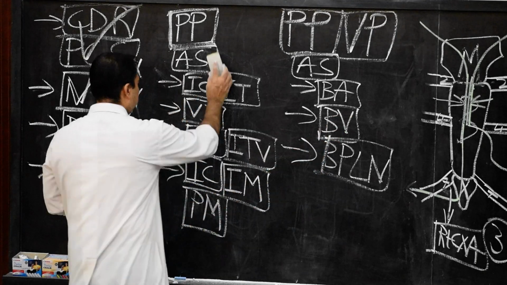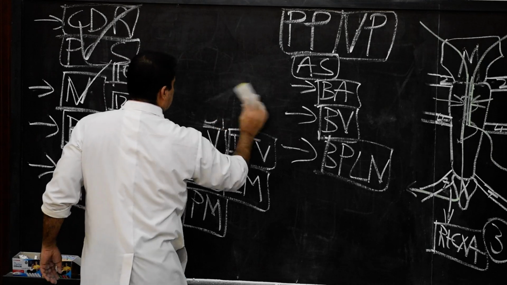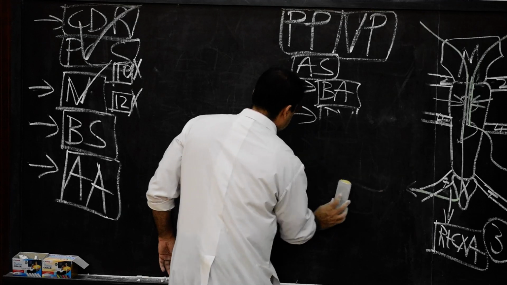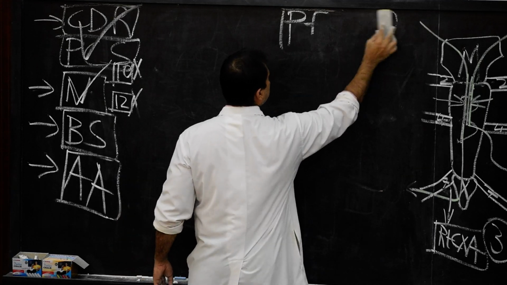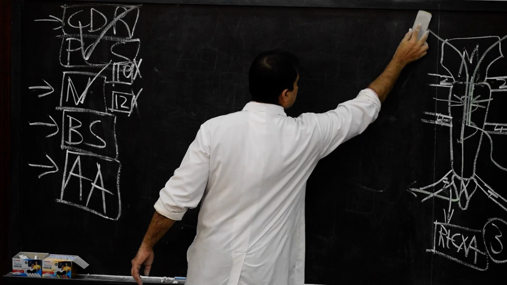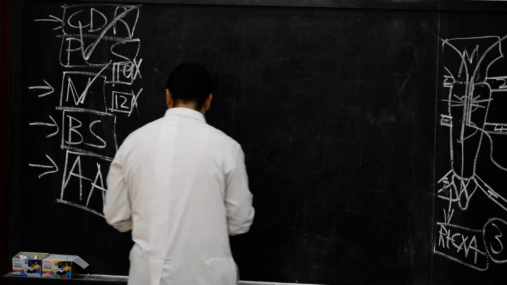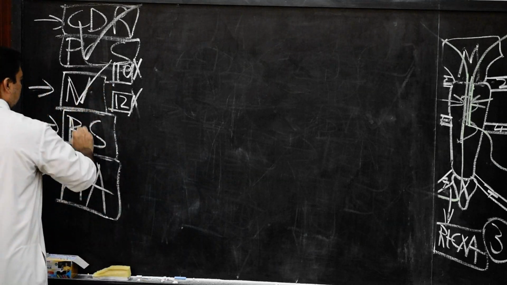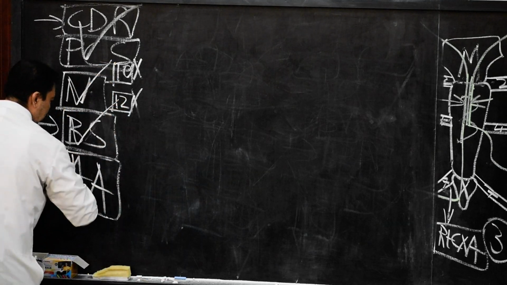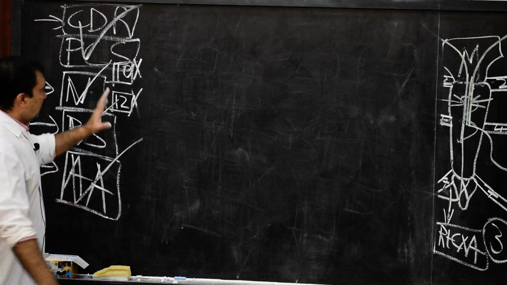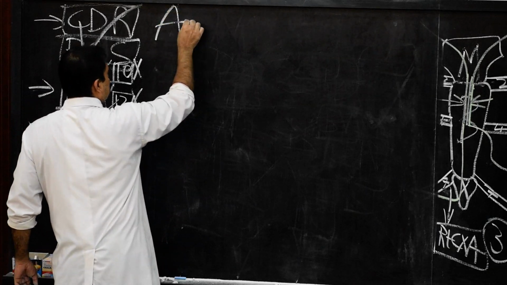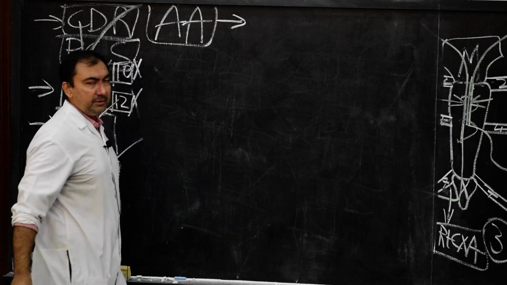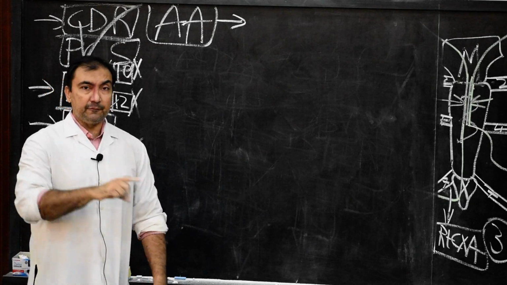Now we come to the applied anatomy, the applied aspect of the pleura. In the applied aspect of the pleura, so many MCQs and so many one-liners are often asked. So it is the most important discussion of the entire pleura. Here we have finished the blood supply, nerve supply also finished. Now the last point, applied anatomy. Let me first write the heading of applied anatomy, and by flow chart we are going to understand all the points of applied anatomy. Remember, all the points are very, very important.